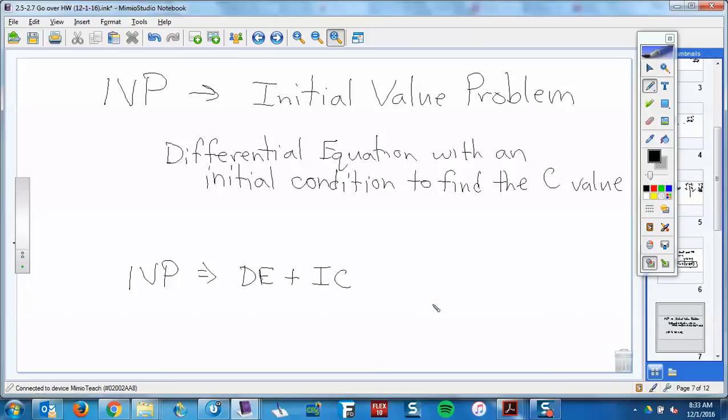Okay, so initial value problem. Don't get freaked out by it. All it means is you have a differential equation, and then they give you an initial condition. Because remember, when we solve a differential equation, we can't solve a lot of them, but when we do, if we do an antiderivative, we always get that plus C, right? We get that plus C on there. So like we said, the vertical shift, we don't know where the original graph is for sure. Well, if you give an initial condition, you give a starting point for that, then it is